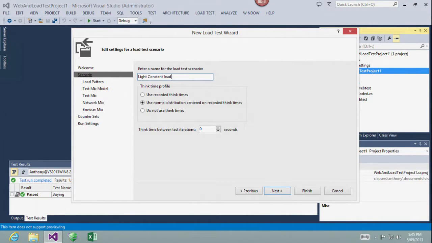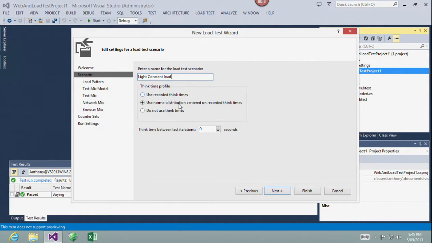I could also go in there and say that I want a light stepped load. So let's just go and add 10 users every 10 seconds, and let's see what performance counters have a direct linear relationship with that. Is my memory stepping up? Do I have a tightly session-bound application, so I need to start looking at offloading some of that session off to a state server? There are some choices like that.